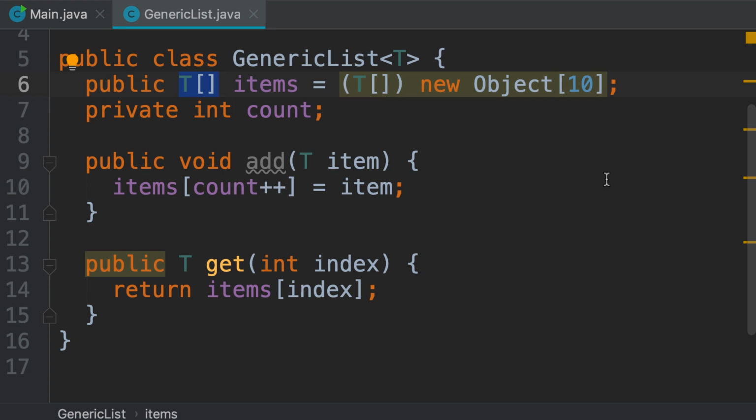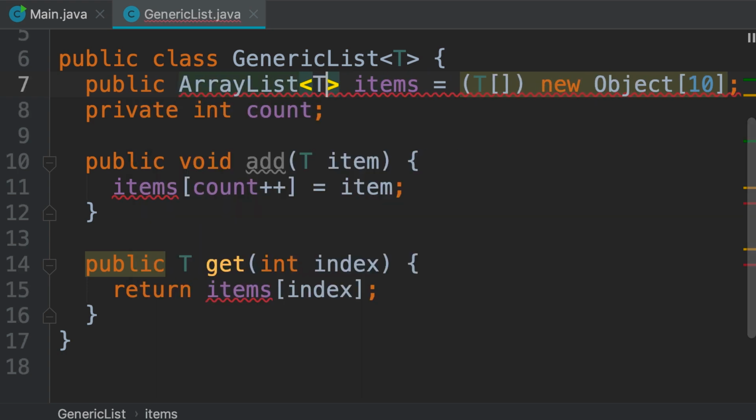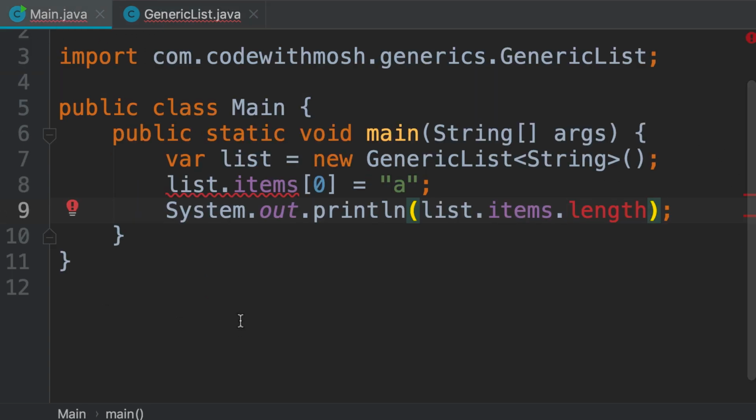Let me show you. So we type ArrayList of T. This is a class declared in the collections framework, and it's an implementation of a dynamic array. We're going to look at it soon. So let's create an ArrayList object here. New ArrayList. Now, back to the main method. See what happened? Our code broke because the ArrayList class does not support the square bracket syntax for accessing an object by its index. Also, it doesn't have a field called length. So a simple change in the implementation detail of our generic list resulted in two breaking changes in our main